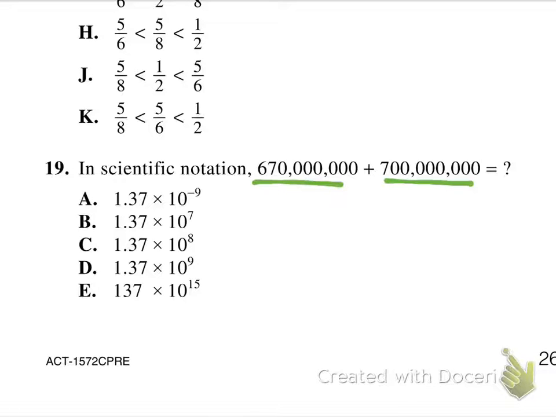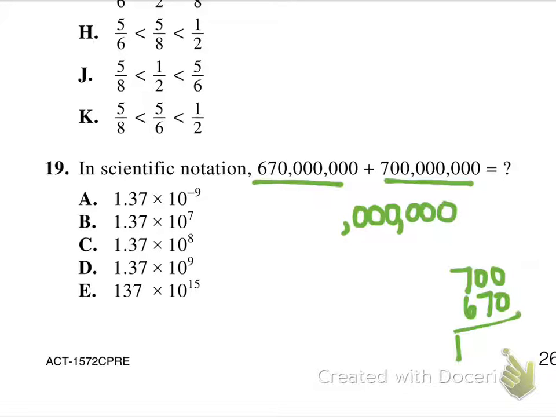That seems to be a fairly doable question. All the zeros are going to clearly make 6 zeros at the end of my number. So all I have to do is add 700 plus 670. So 700, I'll do a little scratch paper here, plus 670 gives me 1,370. Plop that number right in there. So those two numbers added together is